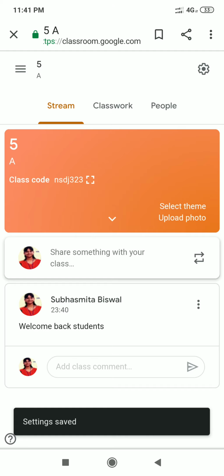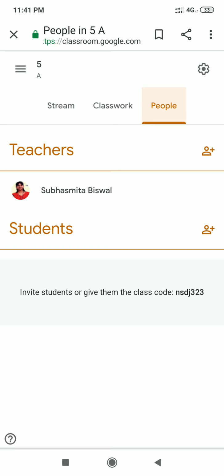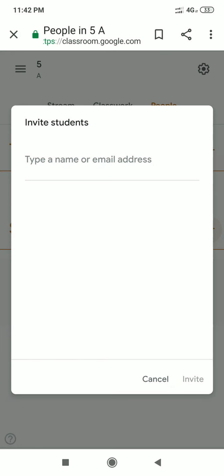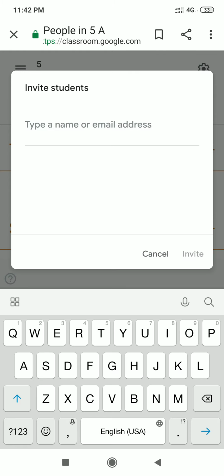Okay, next we will go to the people tab. So here in the people tab we can add the students. For adding the students, see here you can see a plus symbol, teachers and students. Teachers means if you want to add co-teachers to your class, you can add them, or you can skip it also. For students, you have to click on the plus symbol, and here you have to type the email IDs, just like,